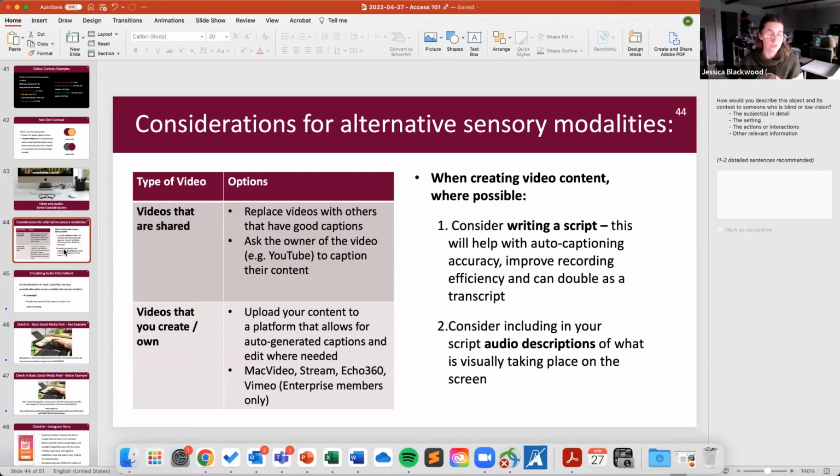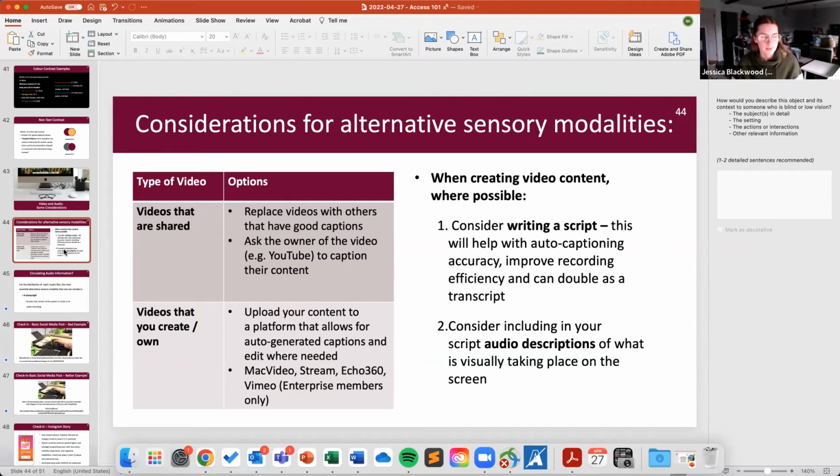If it's something that's crucial to your course content, maybe you pay for it to be captioned. Yes, and I think they got rid of community captions. It used to be able to crowdsource captions on YouTube. I think they got rid of that. I don't know why, because that was a great way of also increasing the amount of translations that were available